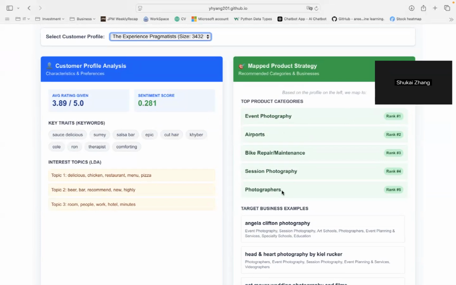So to wrap up, our project demonstrates how integrating the LLM with traditional data analysis can transform insights into real business strategies. This creates a seamless workflow from raw customer feedback to actionable marketing and service strategies. And it helps a business like Yelp understand their customers on a deeper level and make smarter data-driven decisions to enhance the user